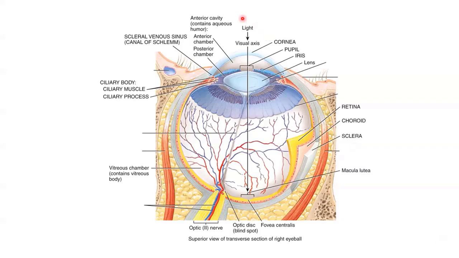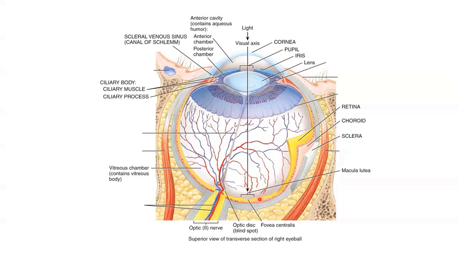So starting up here, outside the eye, the light first passes through the cornea, which is, remember, that clear part at the front of the eye. The light then passes through the anterior cavity, which is filled with aqueous humor, through the pupil, which is the hole in the middle of the iris, through the lens, which is where the pathway of light can actually be altered a little, through the posterior cavity, which is filled with vitreous humor, and then onto this yellow layer here,